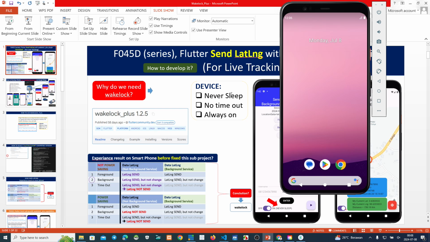So the lat long will be sent every time; in my setting, every 5 seconds, the location latitude and longitude will be sent